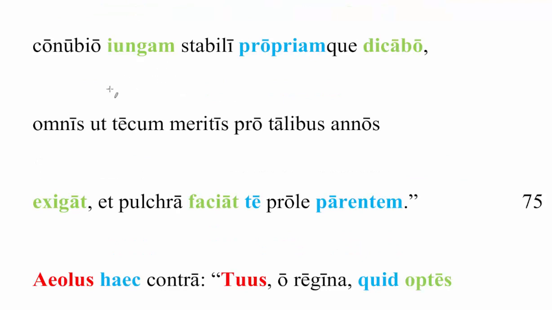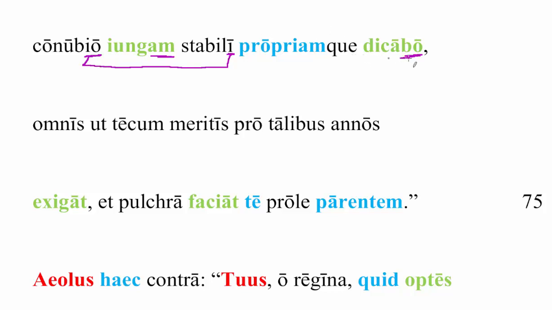Let's continue on. Now we're back to first person, so we're not talking about Deopeia anymore as the subject. It's Juno again. I will, we see both of these verbs are future, dicabo and jungam. I will join, and of course we have to understand her, Deopeia. I will join her in a stabili connubio, a stable marriage.